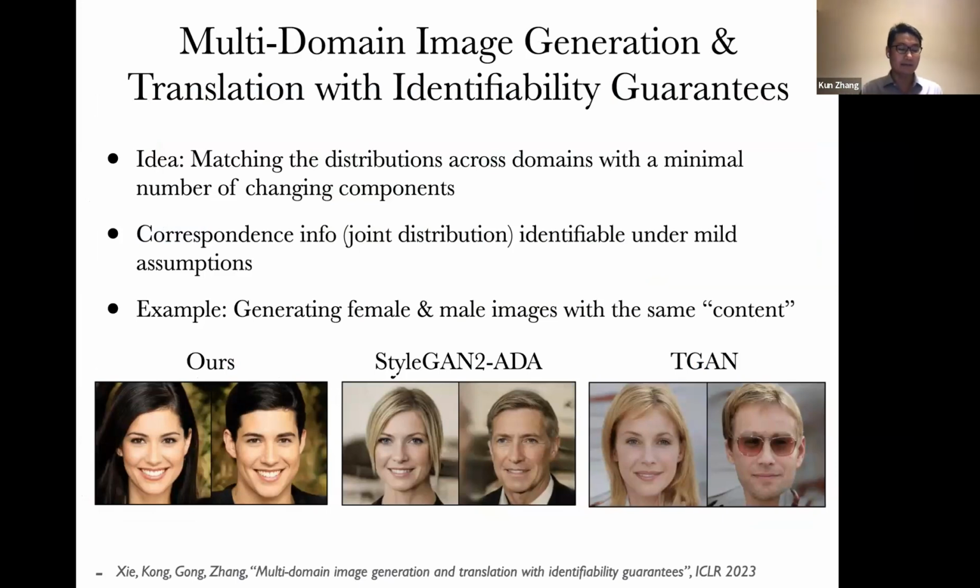Here, let me just show the result of multi-domain generation. Right here, we are given two separate image sets. One corresponds to females, and the other corresponds to males. You don't have pairing information in this case. Clearly, we don't have that, right? So on the left, you can see this is how we can generate pictures with different genders but the same content. We don't know exactly what the content is, but you can see right now, we really have minimal change. They look like the same person, but with different genders, right? With other methods, you can see some actual changes right here, so they are not really clearly aligned.